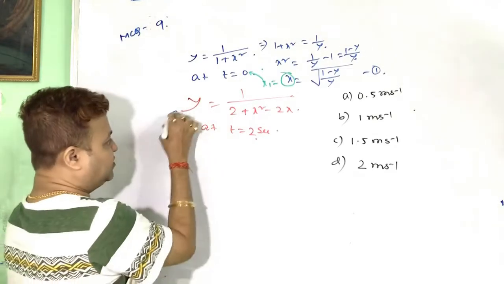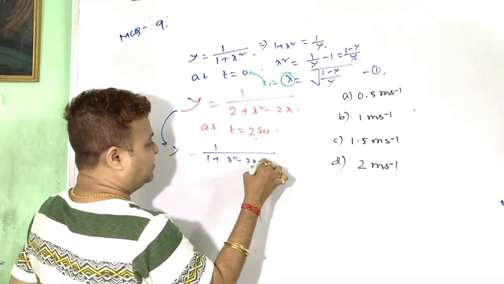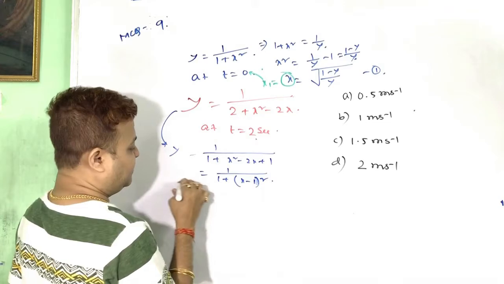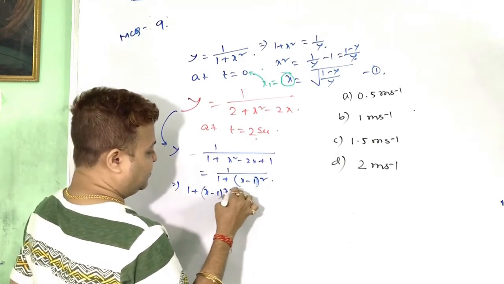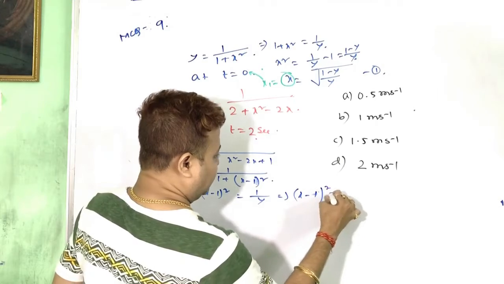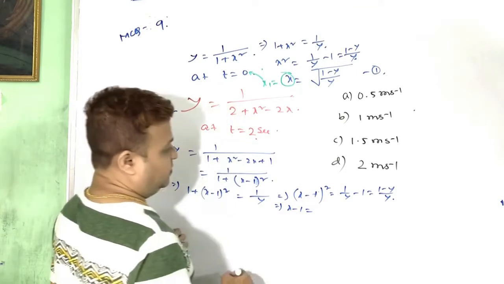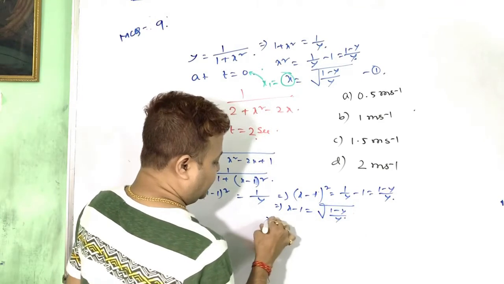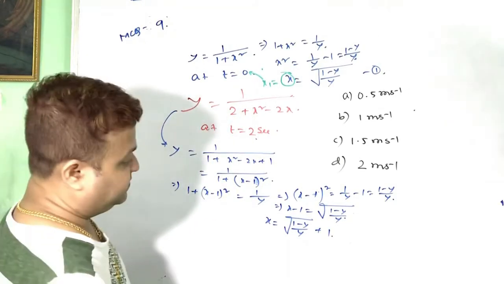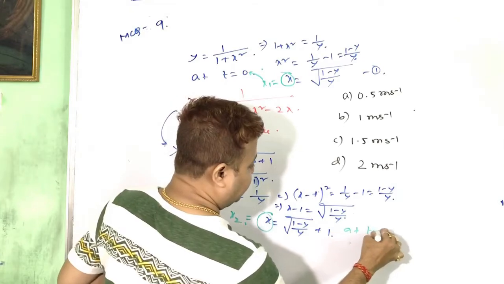এখান থেকে একটু রিঅ্যারেঞ্জ করি পেয়ে যাব আমরা 1 plus x square minus 2x plus 1 আবার আসছে 1 by y, তাহলে x minus 1 তার whole square equal to 1 by y minus 1, that is 1 minus y by y, under root of this one, or x equal to 1 plus under root of 1 minus y by y. এটা কি পেলাম, x2 পেলাম, কখন, টাইম 2 সেকেন্ড, at t equal to 2 সেকেন্ড।